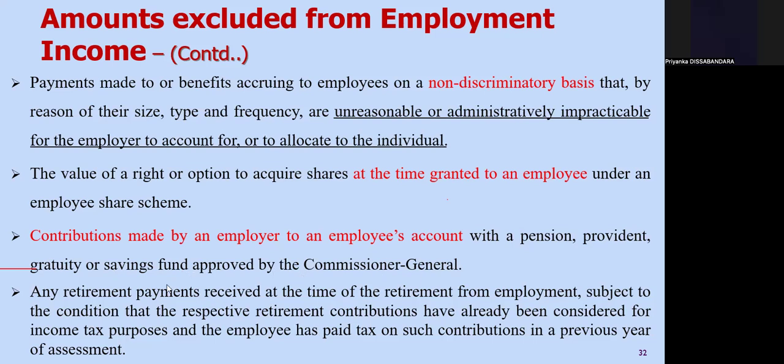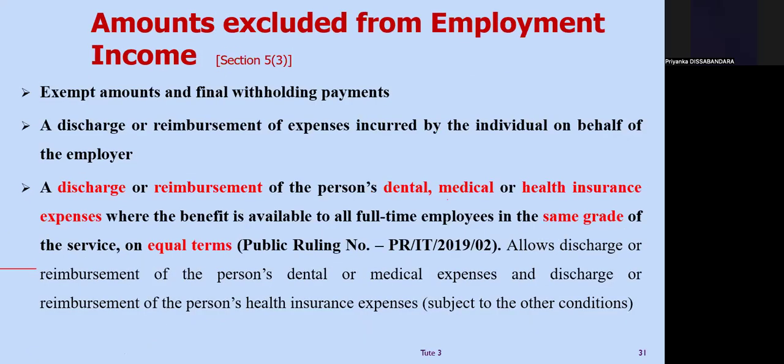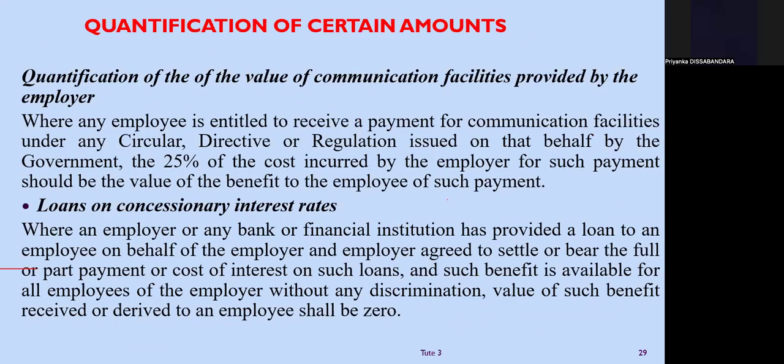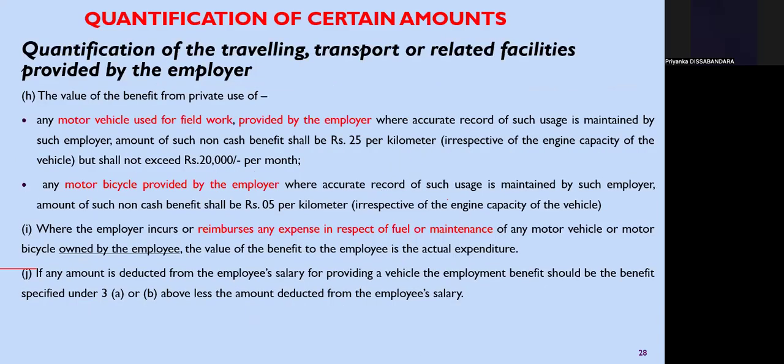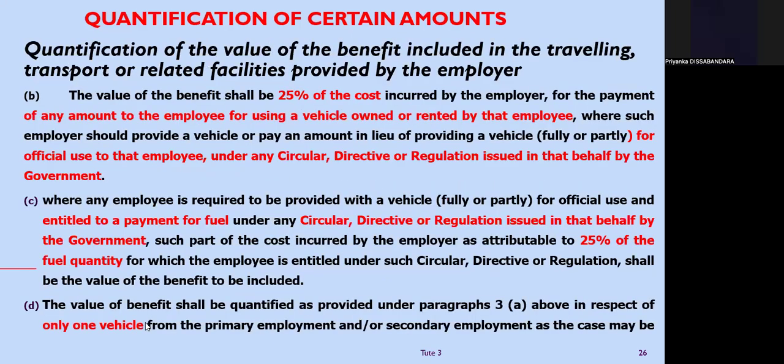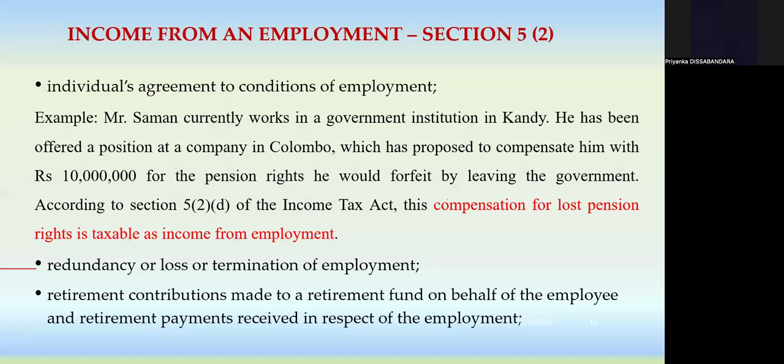So I told you that there is a balance amount that is not approved by the Commissioner General. Still that part is here. So we are going to remove that part